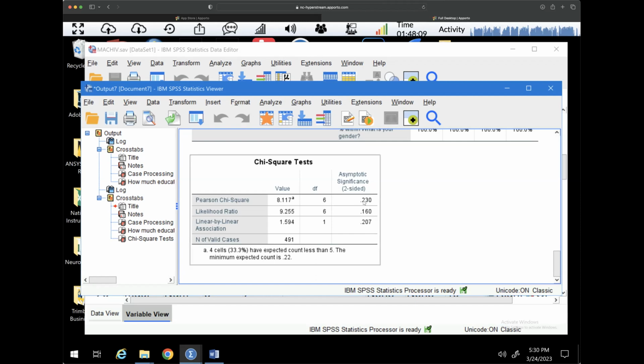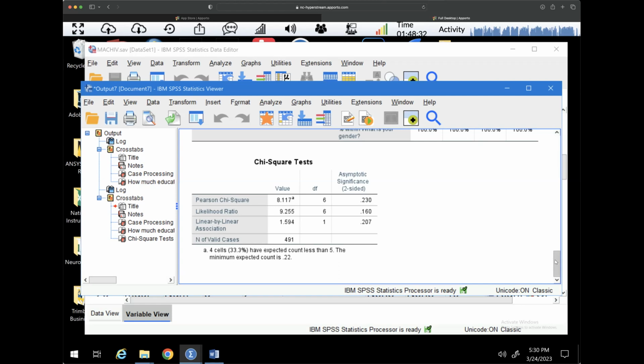But because it is greater than 0.05, we would fail to reject our null hypothesis. We would say that we did not find any evidence that this indicates a real difference, or a real relationship, between these variables. So I'm going to go ahead and go back to my slideshow